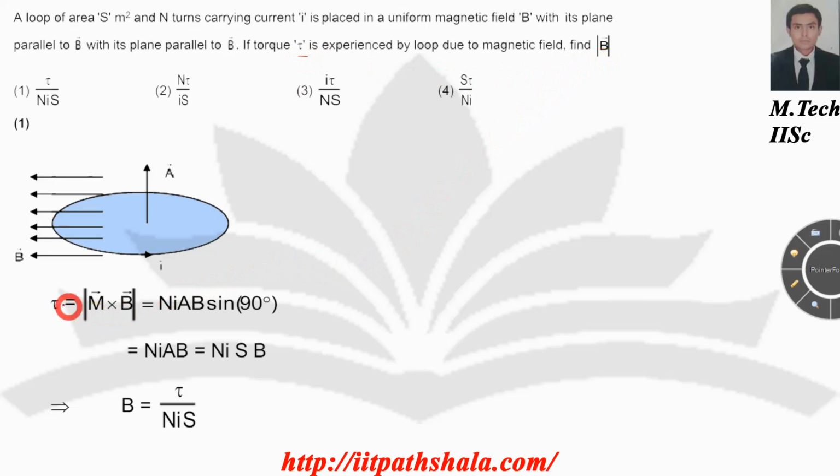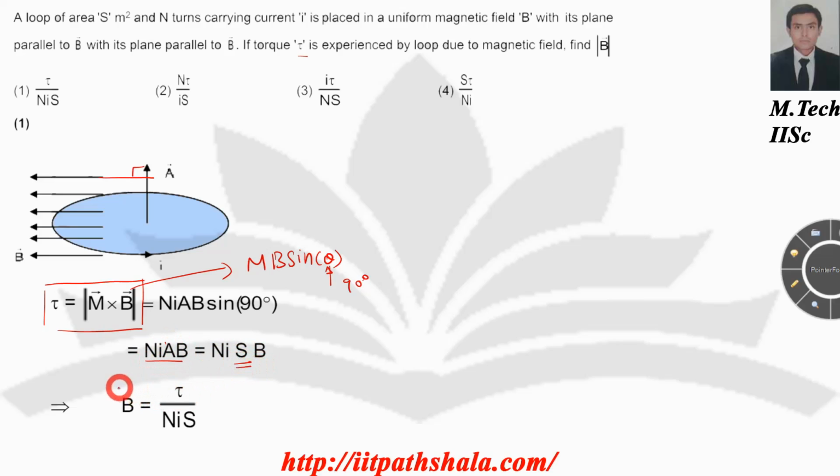So what you can do over here is, you know the standard formula: when you put a loop carrying current in a magnetic field, it experiences a torque. So I have the following formula, which says tau is equal to m cross B. So it comes out to be mB sine theta. This is the output of this expression. Theta is 90 degrees in my case, because my B is going in this direction, my area vector is in this direction, and both of them make an angle of 90 degrees with each other, as you can see in the slide. Replace all the values, and you will be left with the following expression: NIAB. A is given to be S.